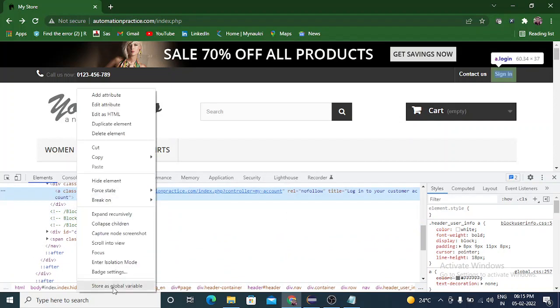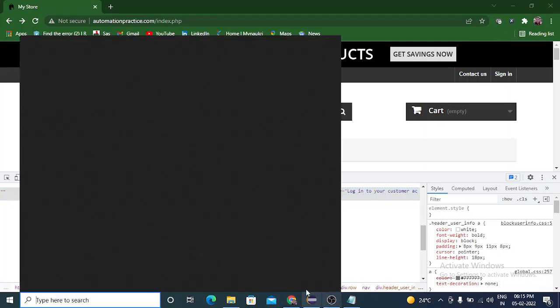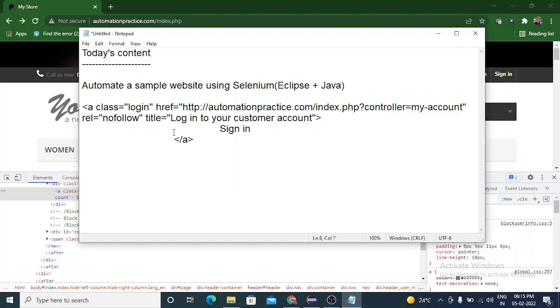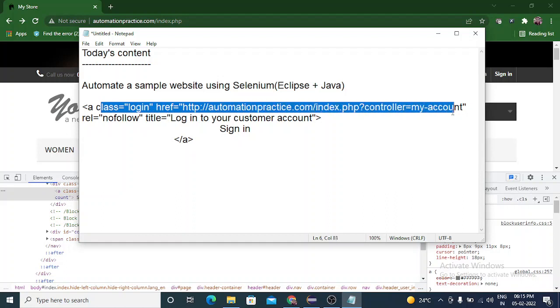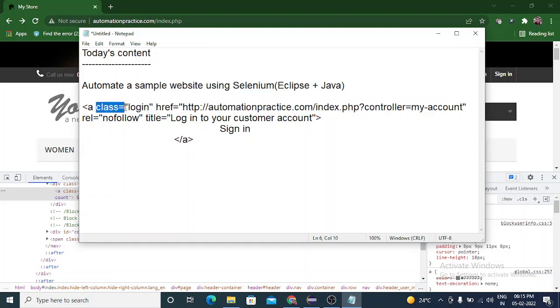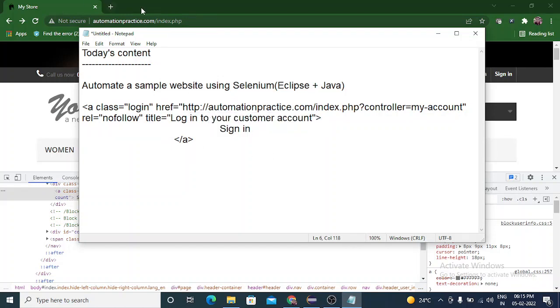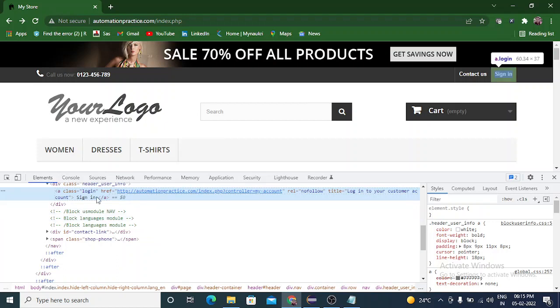Let me copy this element. Here the class is login, title is sign in, button.